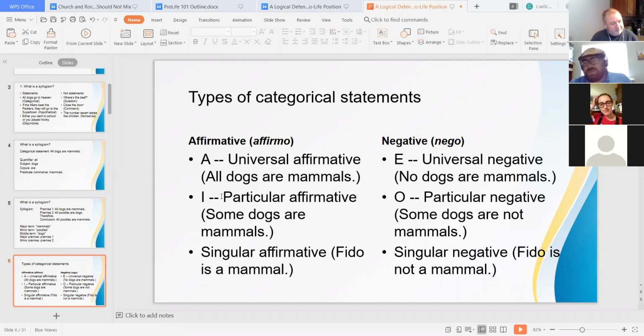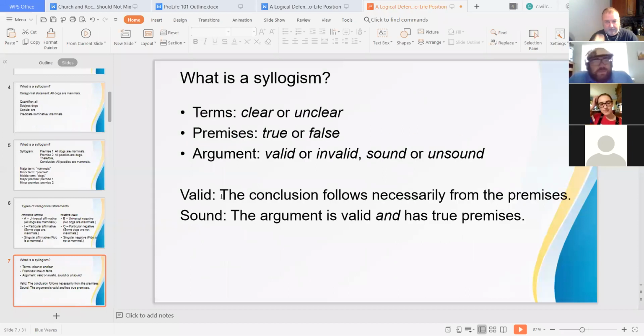And it's worth noting that regarding singular statements, for the purpose of analyzing a syllogism, we always treat singular statements as universals. So instead of just saying Fido is a mammal, we would say all Fido is a mammal. It's a bit semantically clunky. It sounds kind of funny, but for the purpose of analyzing the syllogism, that's how we would do it. Okay, so